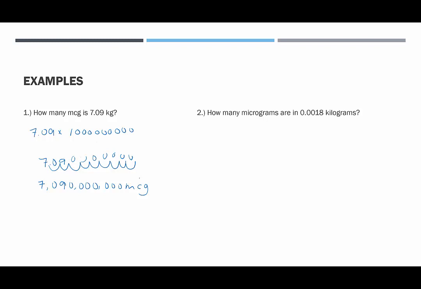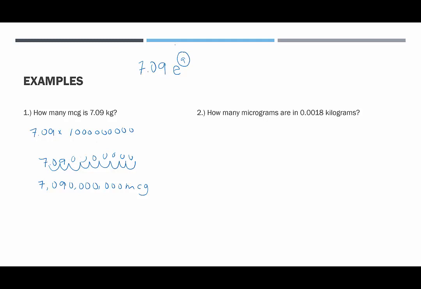And one other note about these really big amounts of micrograms: if for some reason you're using a calculator, which you should not be using, but if you're using a calculator, you might multiply 7.09 by a billion, and it might say 7.09 E9. There are different ways that it expresses that. It's saying that it can't fit this number on the screen. It doesn't have the capacity to do that. So it's putting the number in scientific notation, and it's basically the same thing that I said. It's just telling you how many times you're moving the decimal point. So that's all that would mean if you put this in your calculator and get some weird